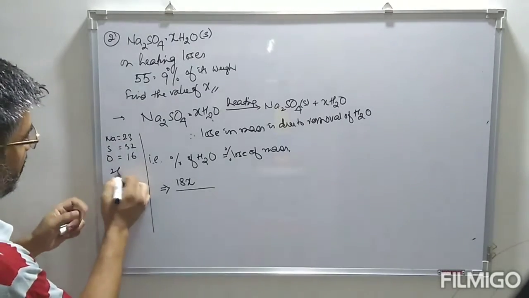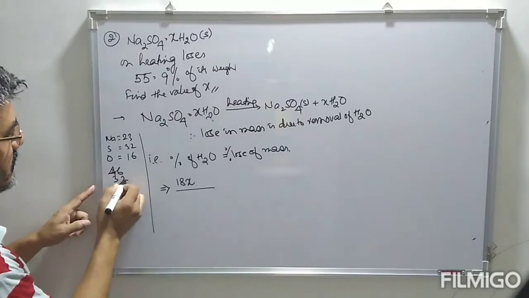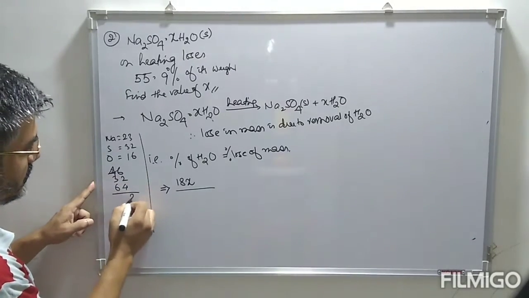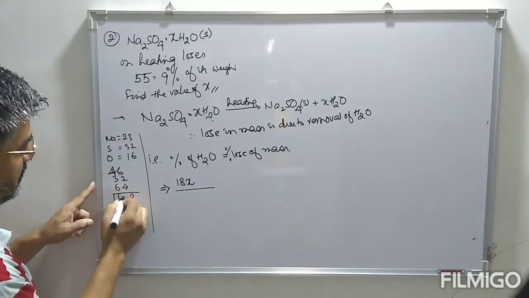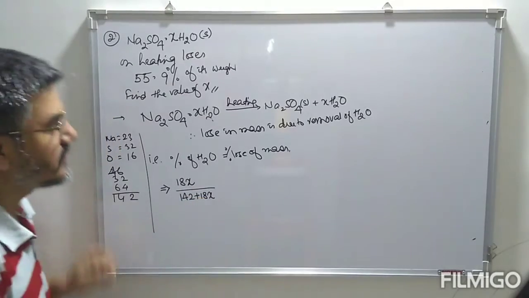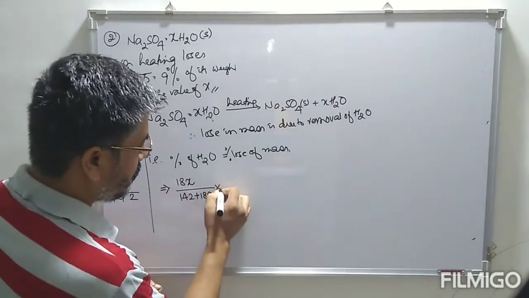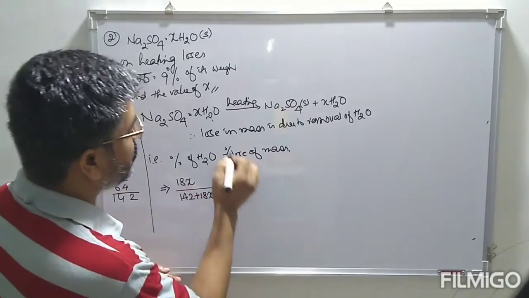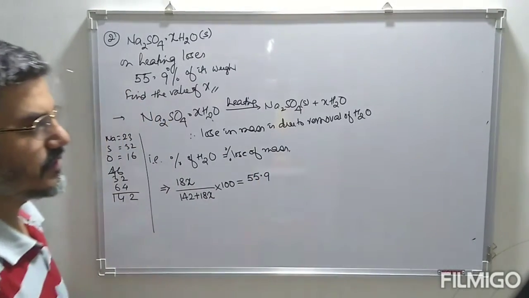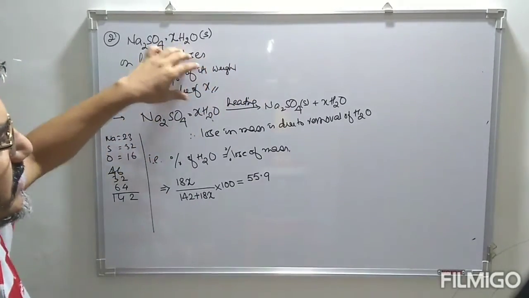So therefore we have 46, 32, 64, which gives 142. So this is 142 plus 18x. 142 is for sodium sulfate, 18x is for water, into 100 will be equal to 55.9. So look at this: the total loss in the weight of the given substance on heating is due to removal